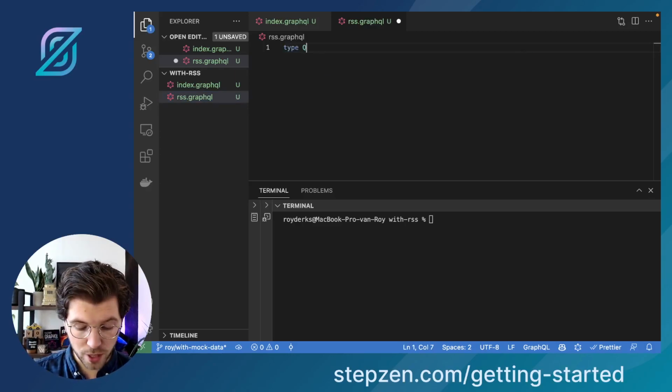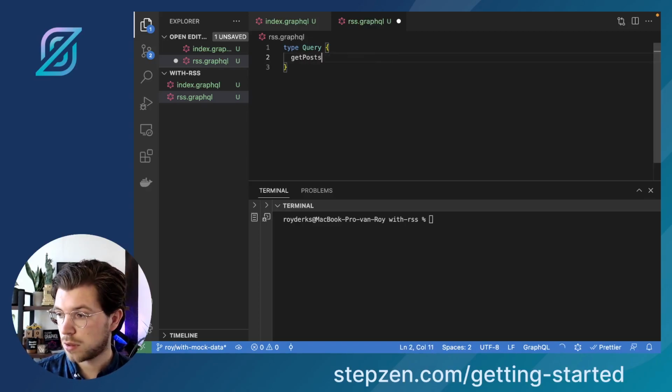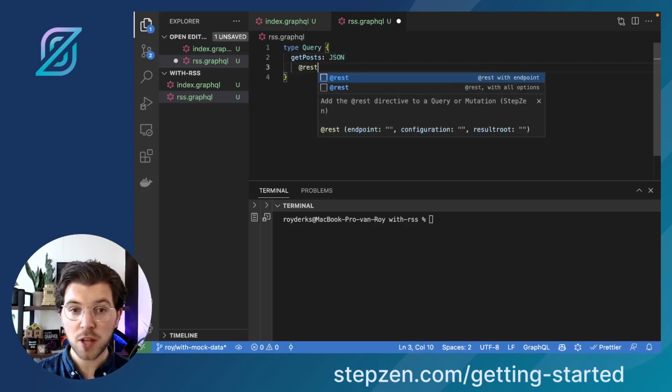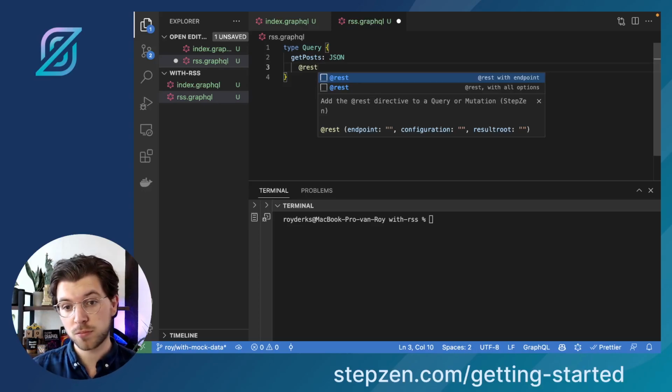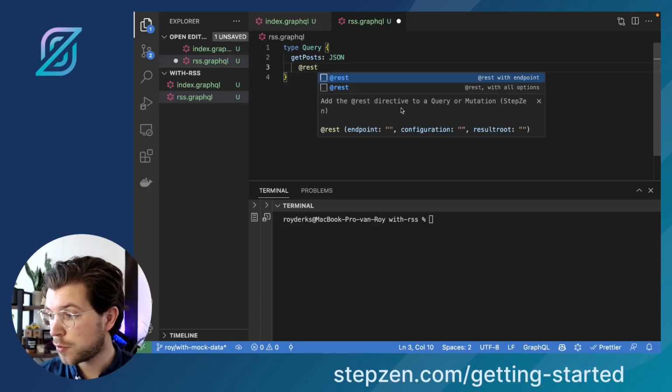In here, we need to create a query type, and then we need to give our new query a name. So let's say we want to have getPosts. And then probably we're going to say it returns JSON. And why this is important is something I will show you later. And then we're going to use an @rest connector. Because with @rest, you can also make HTTP requests to an XML feed, or to the RSS feed in this scenario. So we'll be using a @rest directive